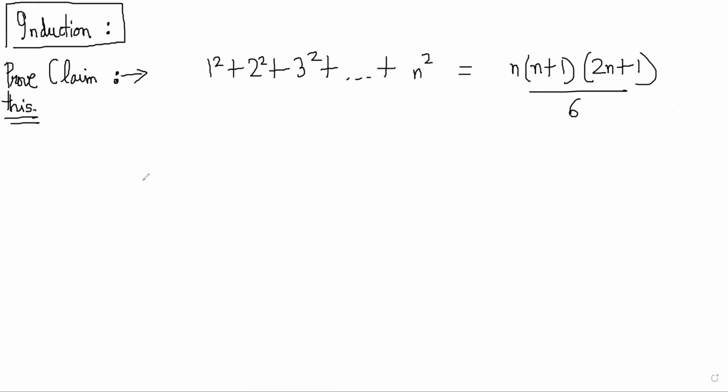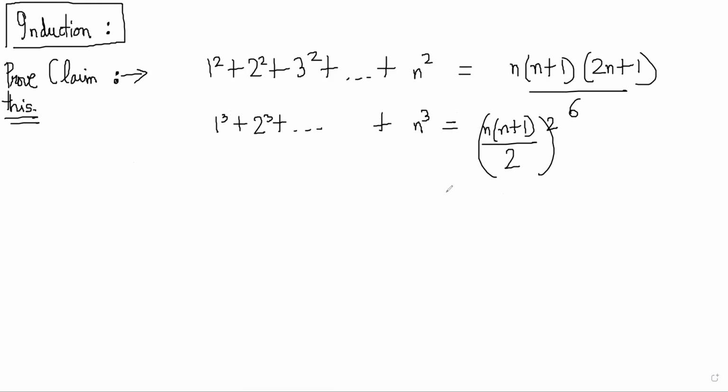So 1 square plus 2 square plus 3 square plus n square equals n into n plus 1 into 2n plus 1 upon 6. And then 1 cube plus 2 cube plus 3 cube all the way up becomes n square into n plus 1 whole square divided by 4. Yeah, but knowing the answer and knowing the proof are different things, though. Right. So this is the result, and this is what you should have used in that question.